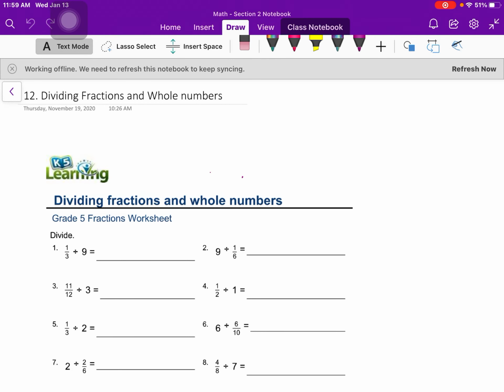Reviewing how to divide fractions, this time dividing fractions by whole numbers. We listened to a song, Keep, Change, Flip, or you should have listened to that song on page 10, I believe, so you can go back and listen to that song. But that's kind of our shortcut. So when we see keep, change, flip,